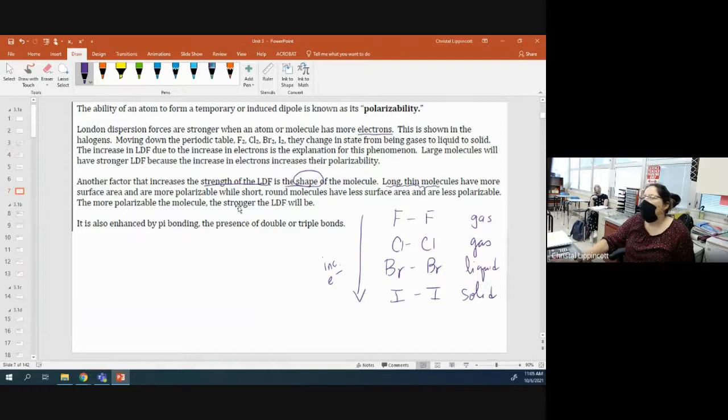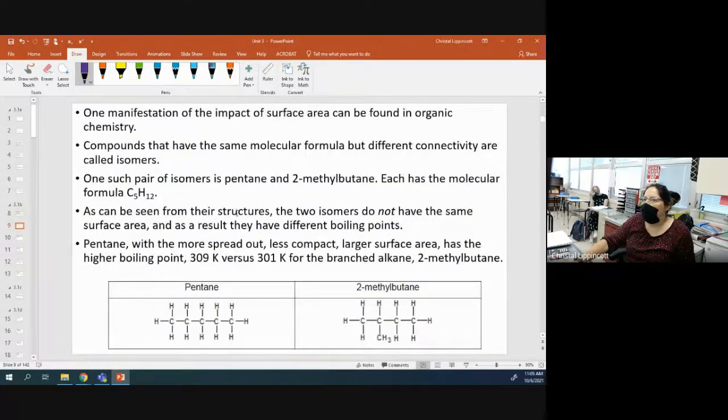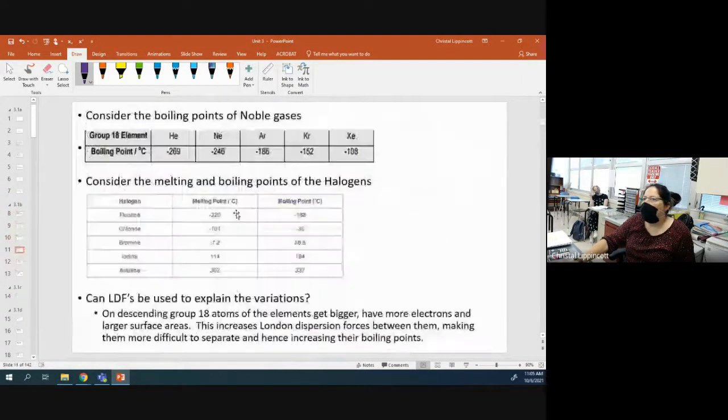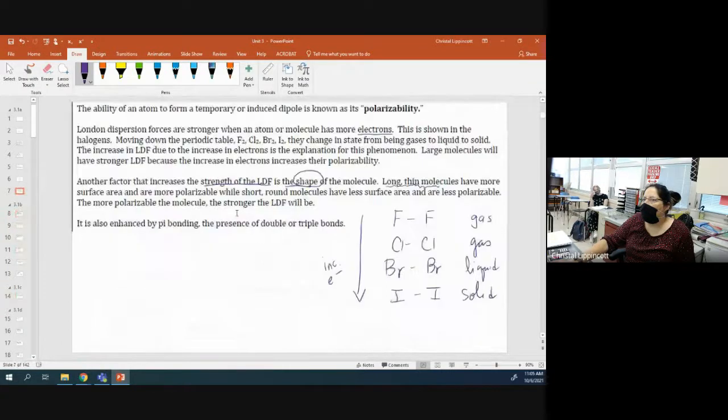Yes? Would the longer, thinner molecules be chains? Yep. Yeah, that's a good analogy, is the chains. So you know how you've got fat, and fat is nonpolar, right? But it's a solid at room temperature. The reason why it's a solid at room temperature is because of those long chains of hydrogen and carbon bonds that are made, and those long chains then become more polarizable. So if you look at a lipid molecule,